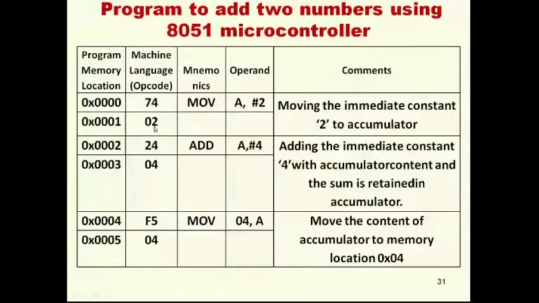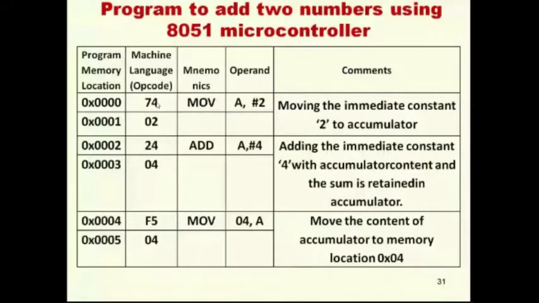So an assembler is a software tool which converts this assembly language program into machine language, and this machine language is the language which is understandable by the machine. In our case, the machine is the 8051 microcontroller. So the 8051's understandable machine language is generated and stored in the corresponding program memory locations, and one by one these will be fetched, decoded and executed, and based on the instruction will perform the